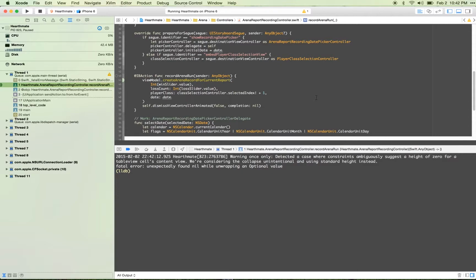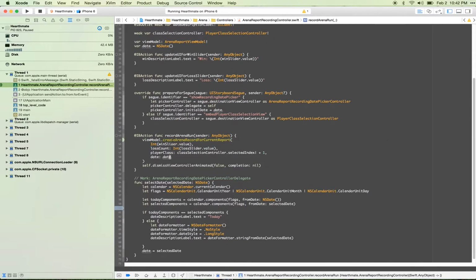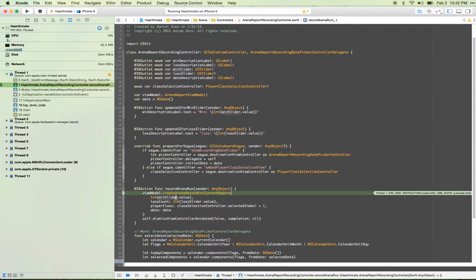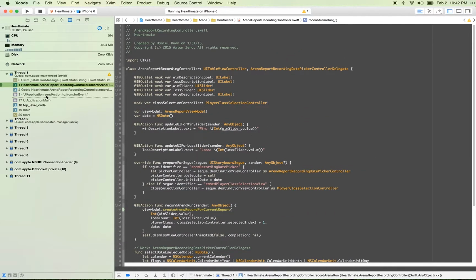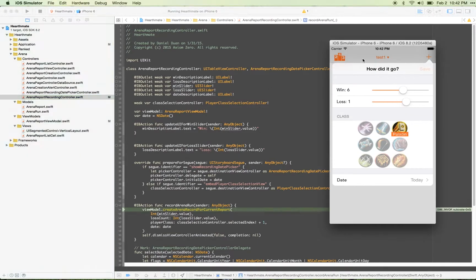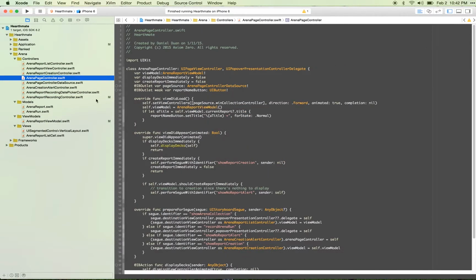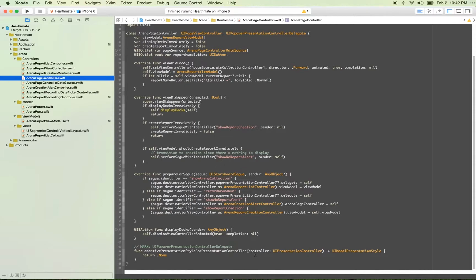We've got a crash. That is because we don't actually have the actual reference to a view model at this point. And we can go back to our parent controller and actually solve this problem. And we're going to do that now by going to our page view controller, where it actually performs the segue. And in here,